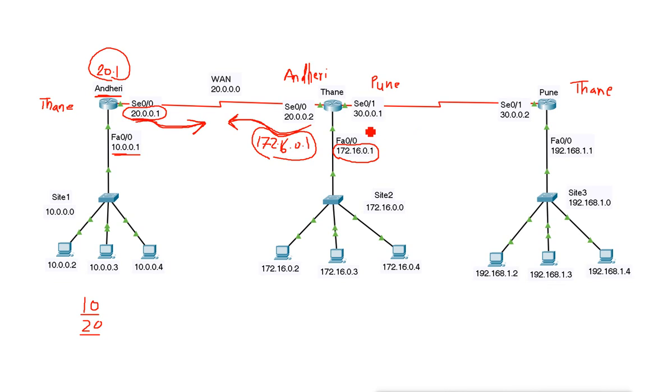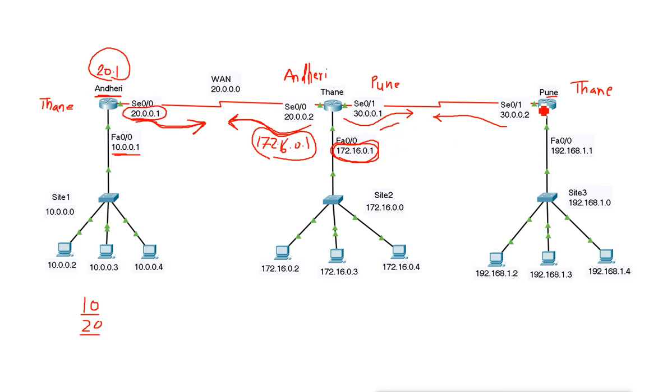Then when we configure the routing on this Pune router, it also starts sending the information on this interface. And remember, when we configured this network on Thane, it also started sending the information on this interface. So when they are configured, they send information to each other, so they know each other, and they create the neighbor table. The Thane router says I am Thane and I am connected to this side, and this is my router ID 172.16.0.1. It sends the same router ID on this side too.